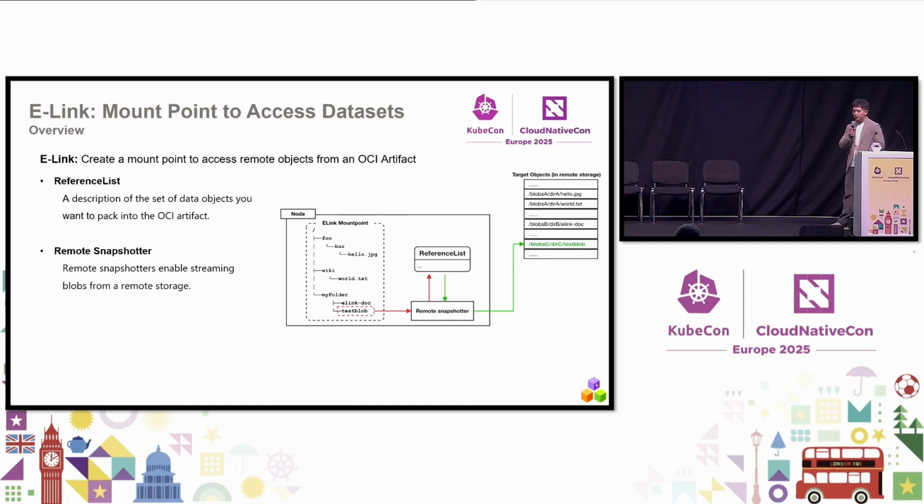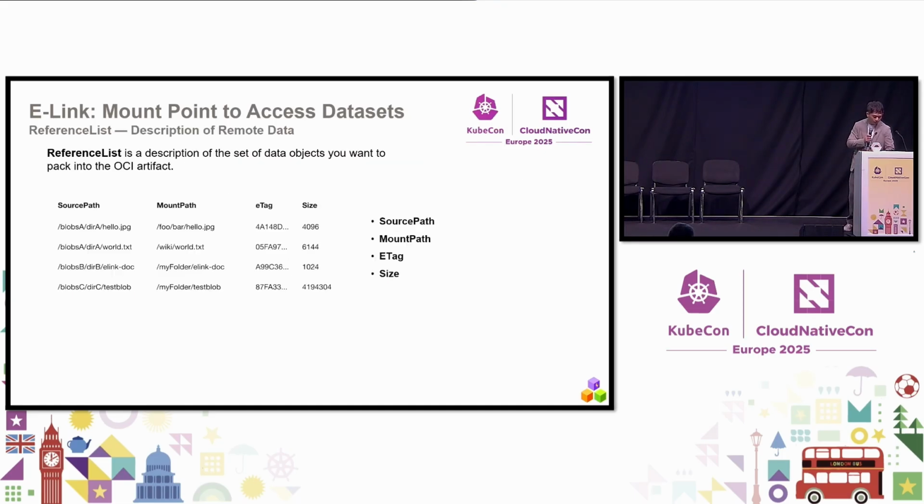The dataset description, reference list, and remote snapshotters are the core of this solution. Reference list is a set of data objects you want to package into the OCI artifact. The remote snapshotter here will parse the reference items from the reference list and create the mount point for streaming. More details on the reference list: